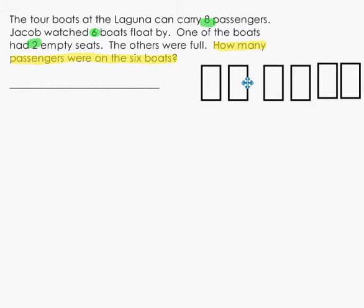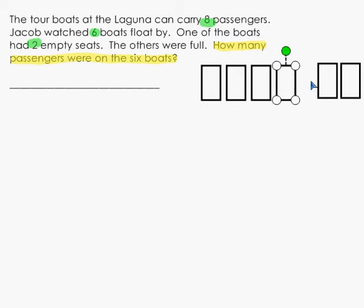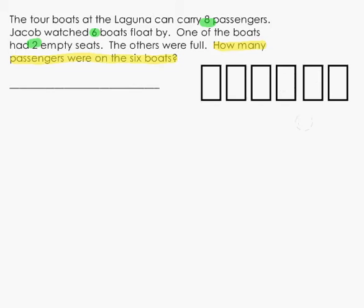And all of these boats have 8 people in them because the boats can hold 8 passengers. I could draw 8 people, but we're going to try to be a little bit quick, so I'm going to put just the number 8. All of these boats can hold 8 passengers,